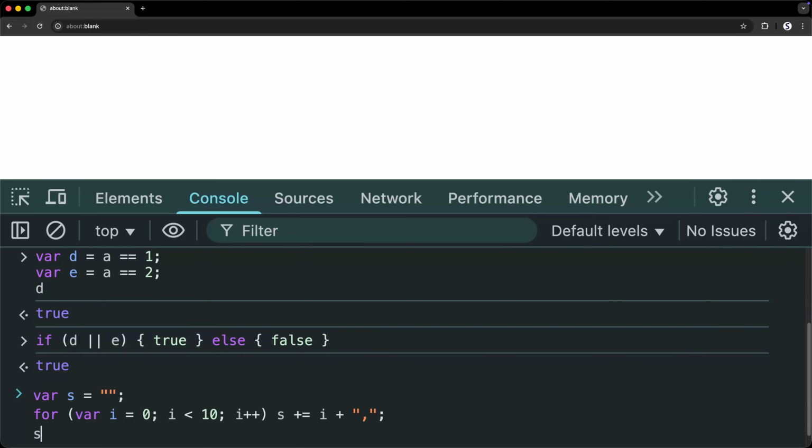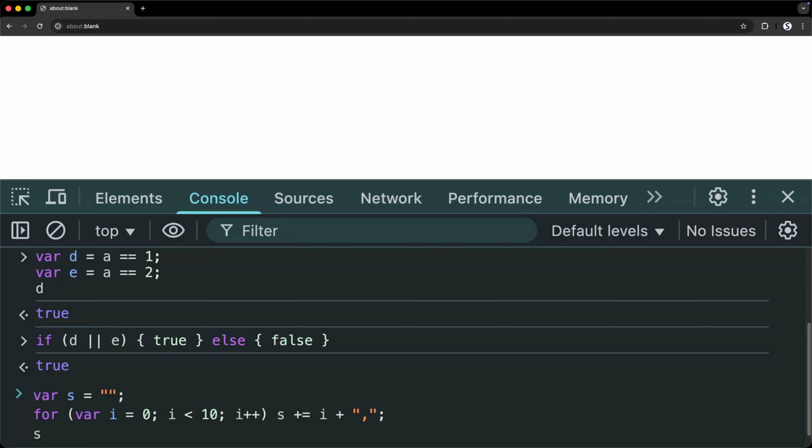The for statement has 3 sections. In the first section, we define a variable. In the second section, we define a Boolean expression. In this case, we state that the loop should repeat as long as the i variable is less than 10. In the third section, we specify that i must be increased by 1 after every execution. We then define what should be executed. In this case, s must be updated.